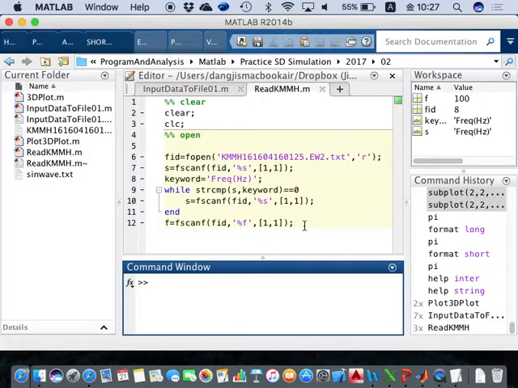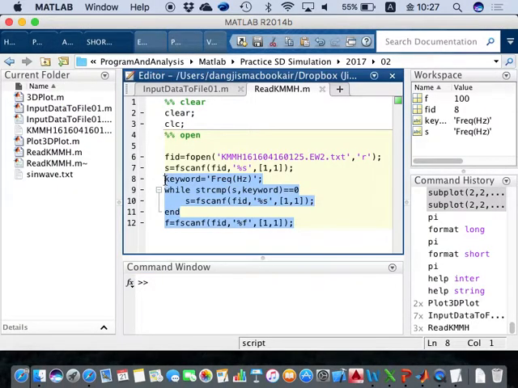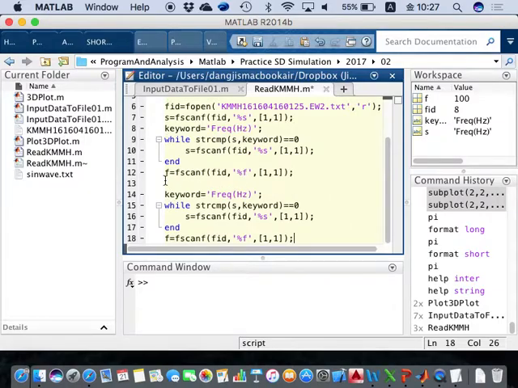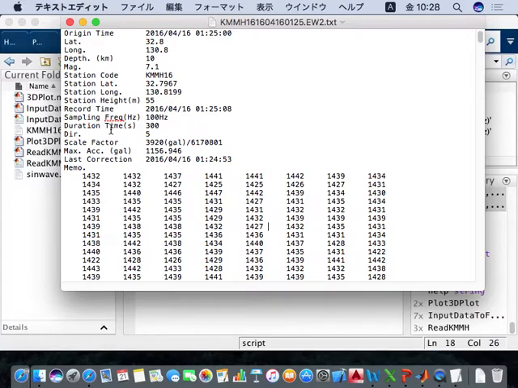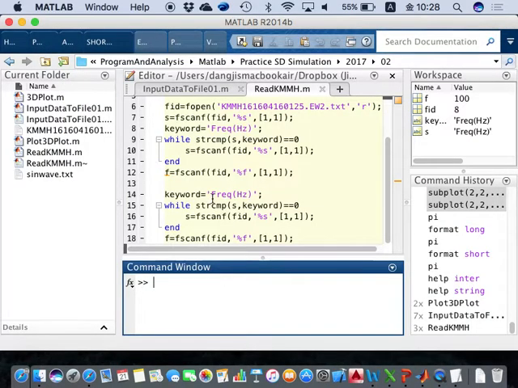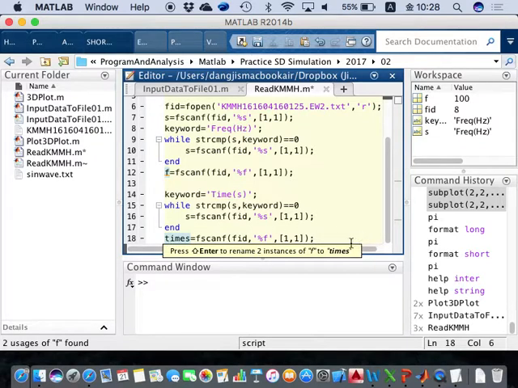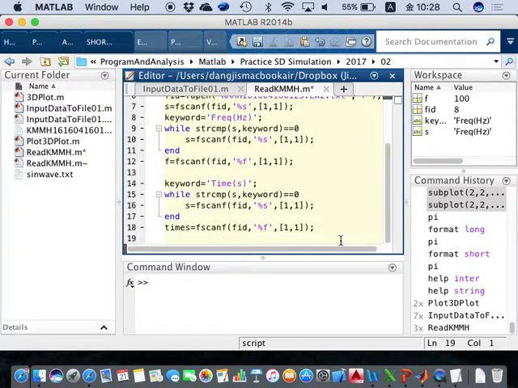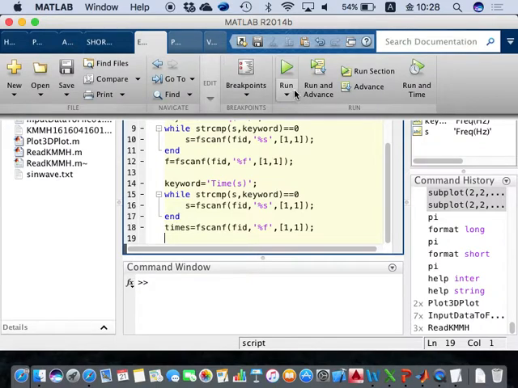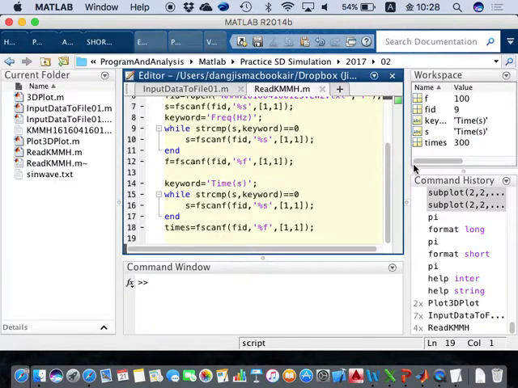And the next block, we will set our keyword to times with seconds. And then we show the time. This, and then we write and we get 300